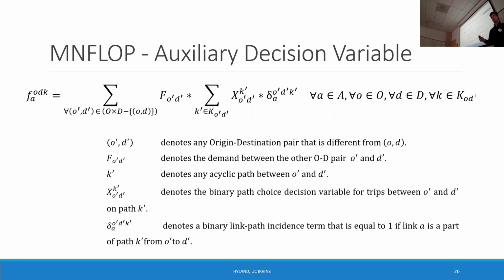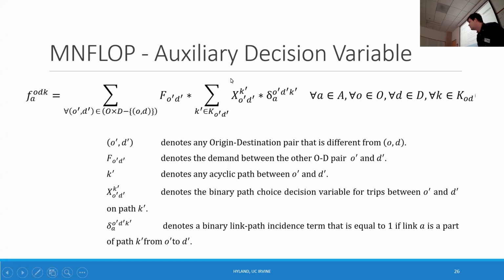And then we simply sum the demand from each of those OD pairs by our decision variables and our link path incidence matrix. So you see that we have embedded in our auxiliary decision variable our main decision variables here,